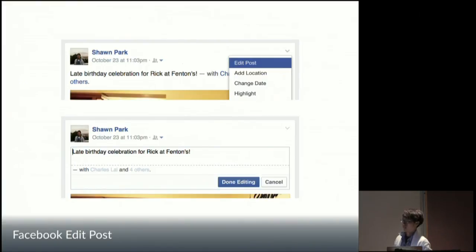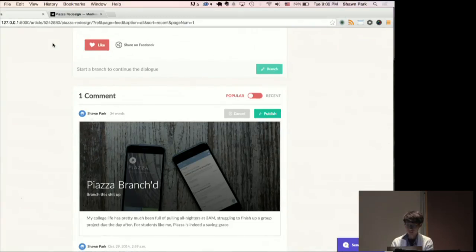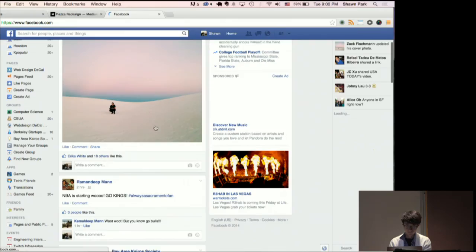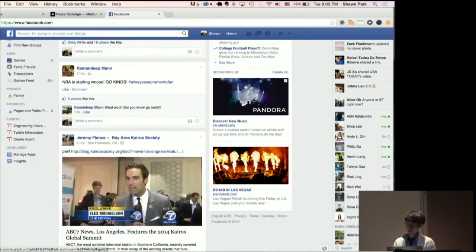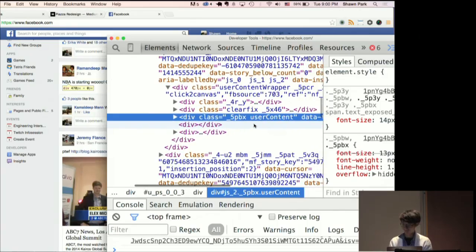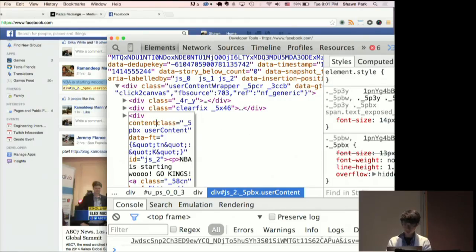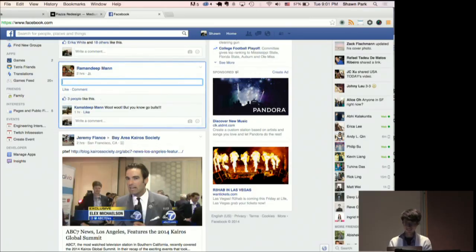What it does is it allows users to edit the content of this page. For example, I can edit any kind of page with content editable. So let's say I go into Facebook. I see this post. Right-click, inspect element. And all I have to do is add a new attribute in the HTML, edit as HTML. I'm going to add a new attribute, contenteditable. It's just like a class or an ID, and make it true. So now it's true. Now if I click on this, I can edit it.